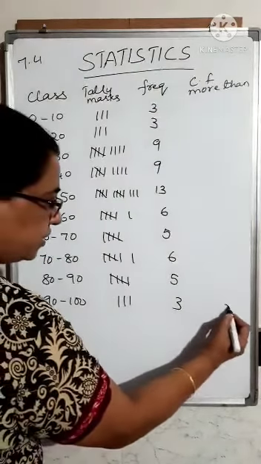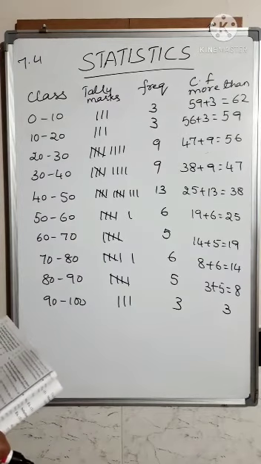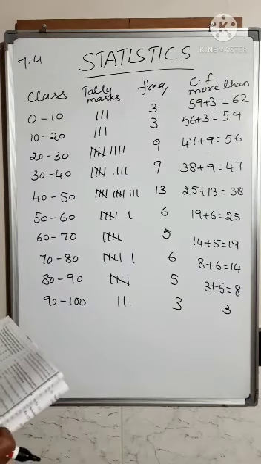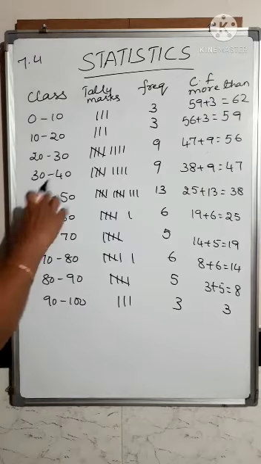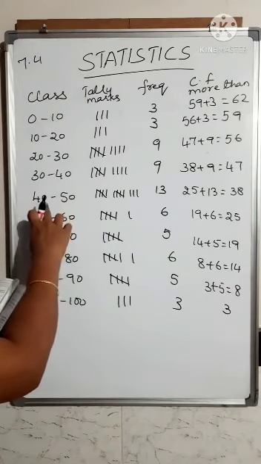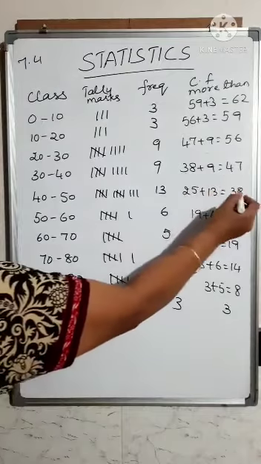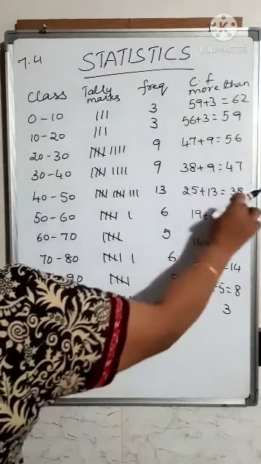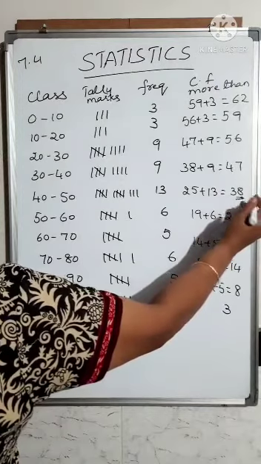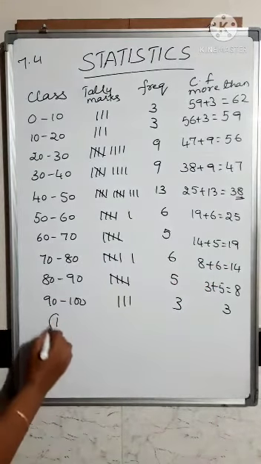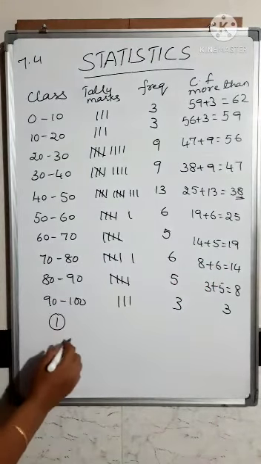Now next, based on this they have asked few questions. So the first question what is asked is, how many students obtained marks 40 or above 40? So now here when you want to find out 40 or above 40, the students who have scored 40 and above 40 will be this cumulative frequency. So you don't have to go on adding all this, because by adding all this only you have got this number. So if you just look at this table and find out the value of the cumulative frequency here, and you have to write the answer. So for the first question the answer will be 38 students have scored marks which is more than 40 marks.